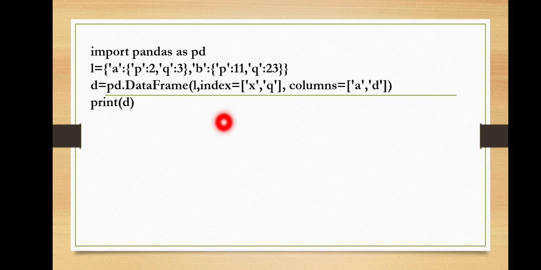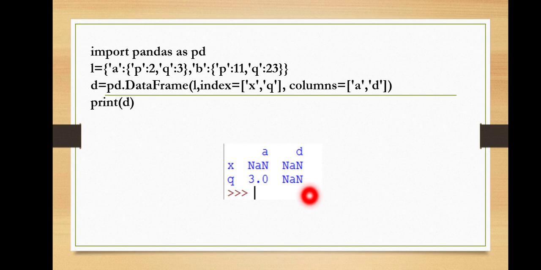Now, since we had not provided either index or column, next we have provided index. So instead of taking the indexes as P and Q, it will take X and Q, and the X index is not given as a key, so it will provide a NaN value for that. In the same way, it will take the columns as A and D instead of A and B, and the D column is not given in the keys, therefore it will place NaN values. Just have a look. The X row is not given, so it has placed NaN. The D column is not given, so in that column also it has placed NaN. This is how it works. Okay.